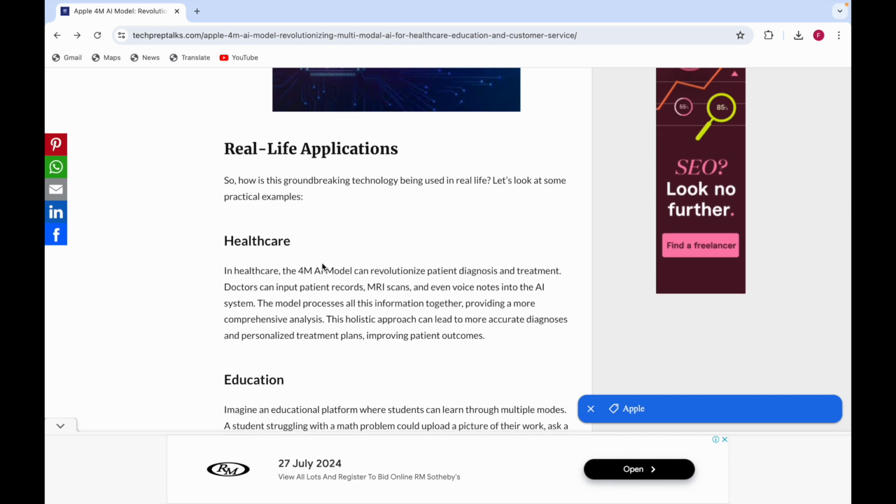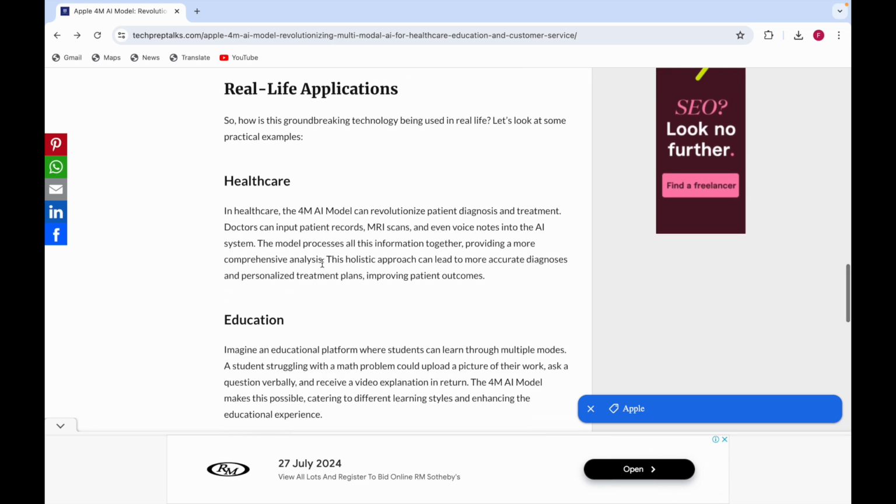So this is one of the examples the 4M model can be used in. The second is education. For example, an education platform where students can learn through multiple modes. If a student is struggling with a math problem, well, math is actually a problem for most students, they can upload a picture of their work, ask a question verbally, just say it instead of typing it, and receive a